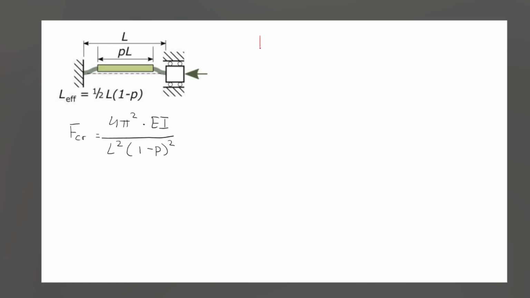So F critical in our case is 1500, because we want to calculate basically what the reinforcement has to be able to withstand. 3000 newtons, because it is divided over two flexures, is 1500 newtons. There we go. So we know F critical, 4 pi we can find, E we know,